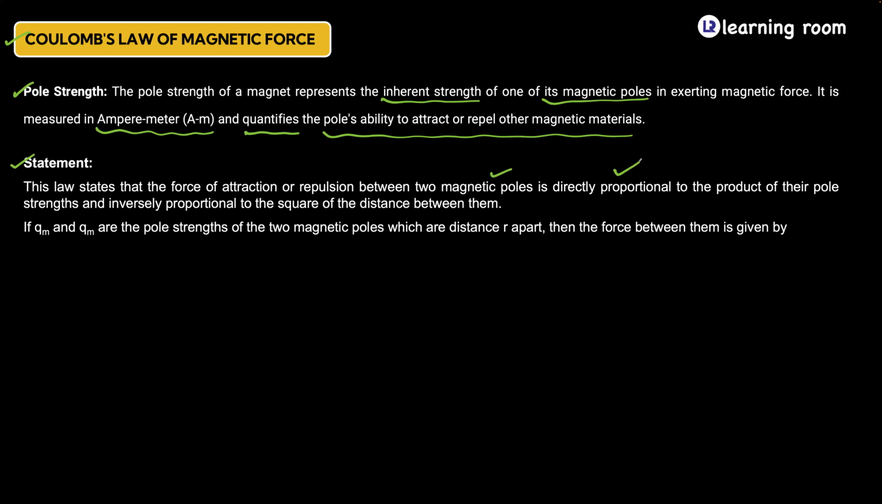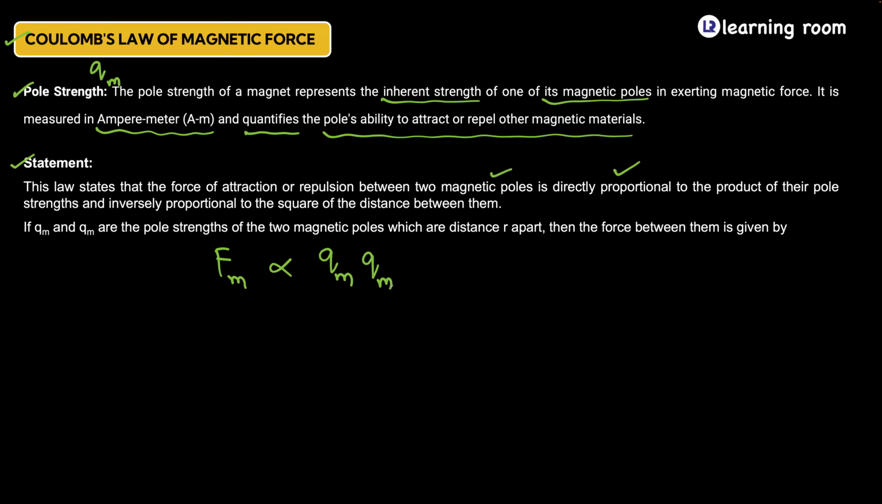It is observed to be directly proportional to the product of their pole strengths. So pole strength is represented by the symbol Q with the subscript M. If you just write it as Q, it is meant as electric charge. If you write Qm, it is understood as pole strength. It is not magnetic charge. There is nothing like that. It is a pole strength. Okay. So Fm is directly proportional to the product of